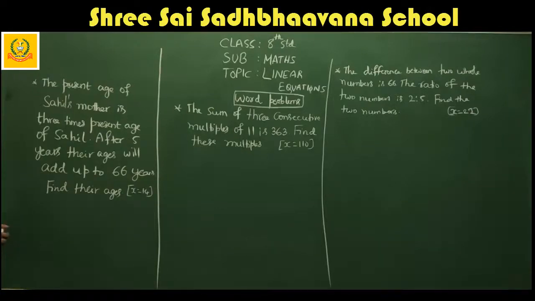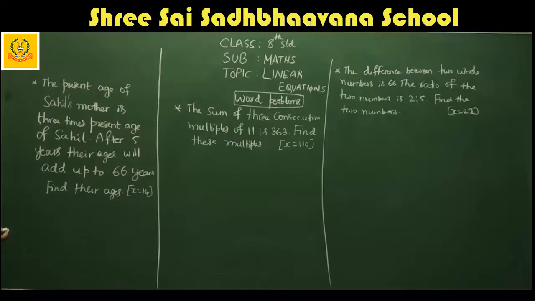Got it? And one thing you have to remember: after 5 years, for example, your age is 13 right now. After 5 years, what will be your age? You might say 13 plus 5 is 18, correct. Imagine that your mother's age is 40. After 5 years, her age will be 45. Similarly, your mother's or father's age will be added with that number. Obviously, as years go on, age will also increase. That anyway, we know.